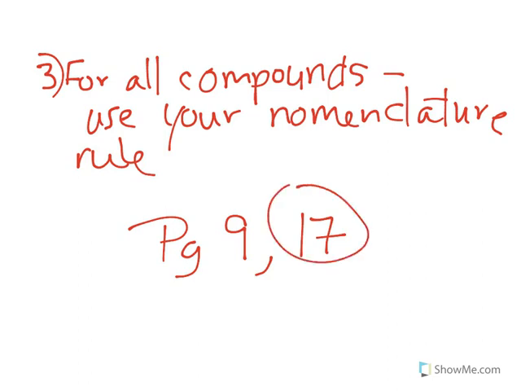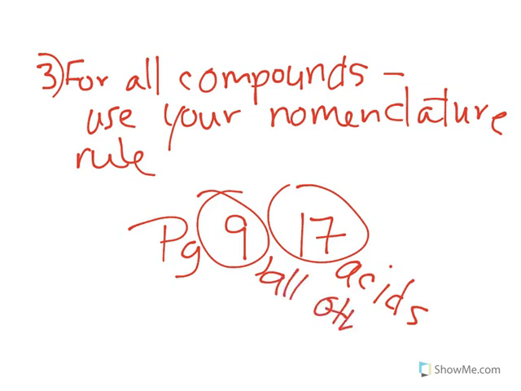Page 17 is the acids. Page 9 is all other compounds. This is something that you guys have been struggling with a lot, so we're going to practice this a lot. Now, the harder part of this is reading the question and figuring out